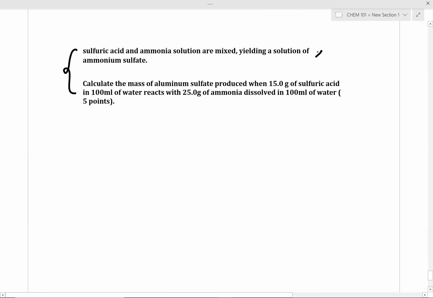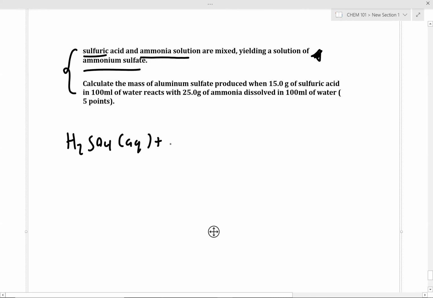So we're given a description of a reaction. Sulfuric acid and ammonia are mixed, yielding a solution of ammonium sulfate. Okay, so what's the formula of sulfuric acid? H2SO4, aqueous. What's the formula of ammonia? That's ammonium, but what's ammonia? Yep, NH3. And they're going to react to yield ammonium sulfate. We've already established the formula of ammonium sulfate. It's